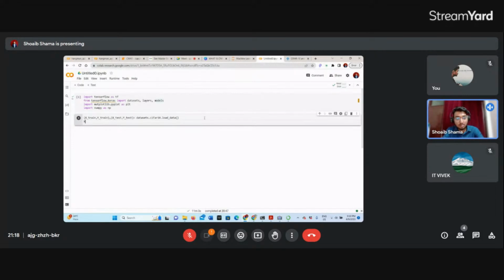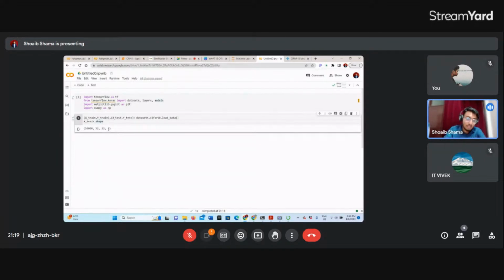So let's see if that is true. Let's check x_train.shape now. Let us check. Yes, 5,000, 32 cross 32, and 3 is the RGB count. कि उसमें channels कितने हैं, तो channel जो बताता है ये है इसका.